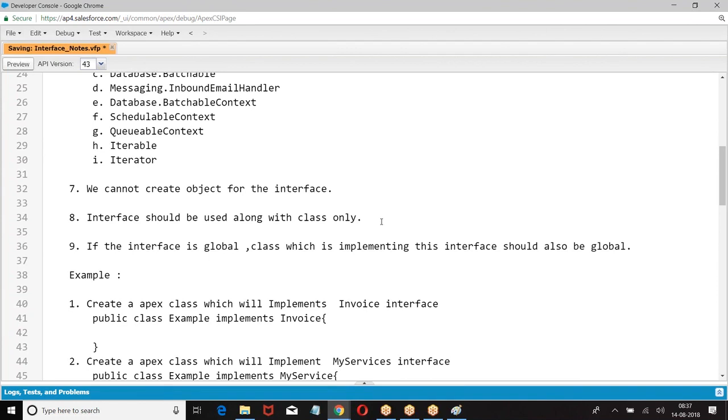So any class which wants to use the interface is supposed to implement it. When a class is implementing an interface, every method in the interface should be defined by the class. Once you implement, it is a class. How do you use a class? Create an object and use it.